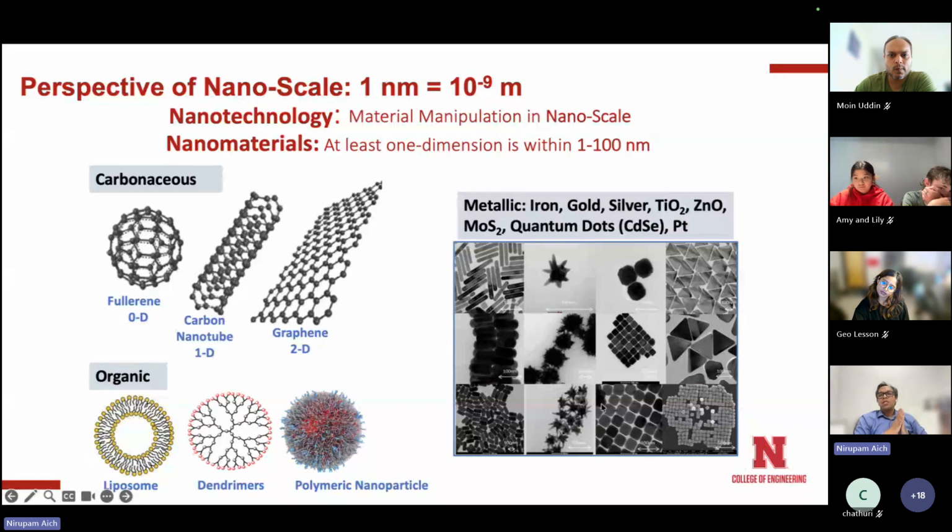Now, how are they different from chemicals? Think about sugar versus sand. When you put sugar or salt in water, they dissolve and are completely miscible, and we don't see their individual structures. But when we think about sand, we can grind it, and even at the smallest level, if you put it in water, it is not necessarily dissolved. It is still a solid particle, dispersed in water.